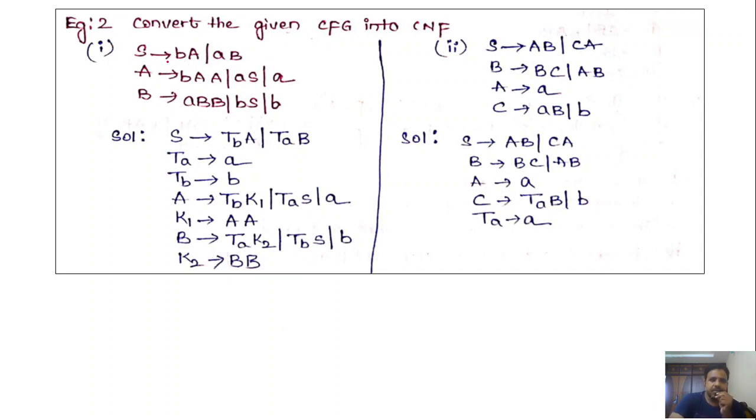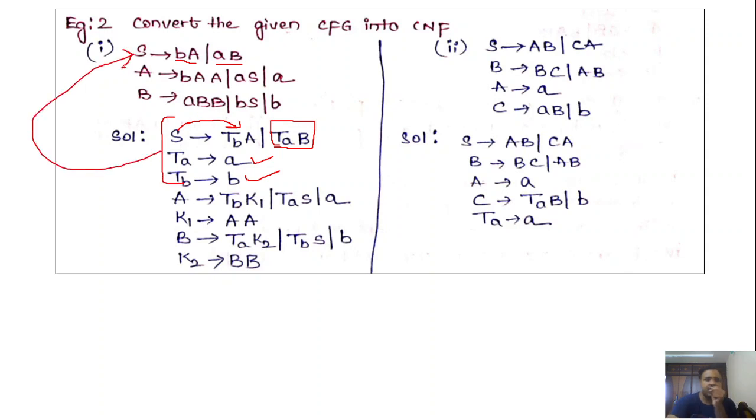So here, by looking at these production rules, we can directly convert. S denotes small b capital A. So it is not in CNF. So small b will be replaced with a variable TB. So S denotes TBA. Okay. Next, we are having small a b capital B. So small a is replaced with a variable TA. That b will remain as it is. Okay. Now specify what is this TB and what is this TA. So TA is denoting small a, TB is denoting small b, right? So by writing these two rules, the first production rule in the given grammar comes into CNF.